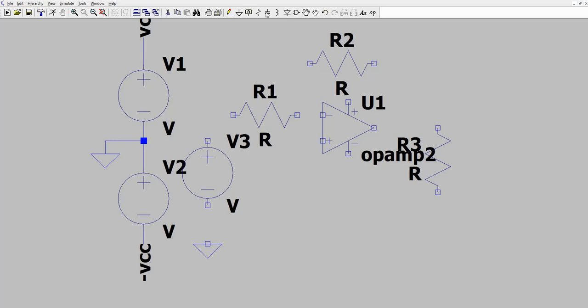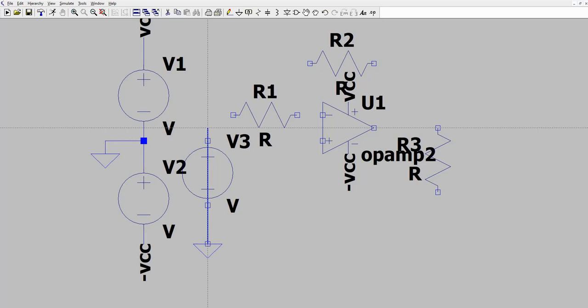Then on our op-amp, let us connect VCC on the positive terminal and negative VCC on the negative terminal. So instead of connecting this into your op-amp terminals, so to minimize the connection, let us use the labels.